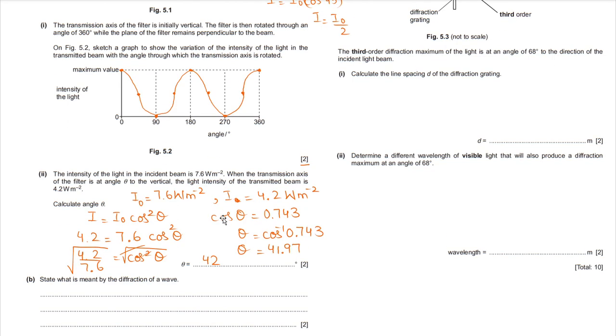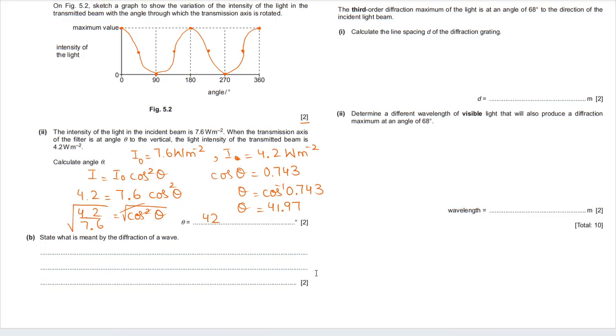Now in the next part, state what is meant by the diffraction of a wave. So diffraction of a wave means the spreading of a wave after passing through a slit,